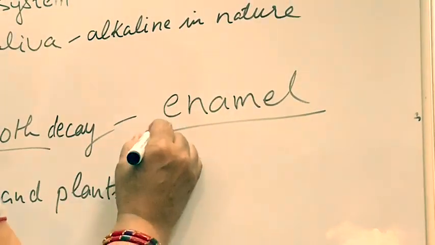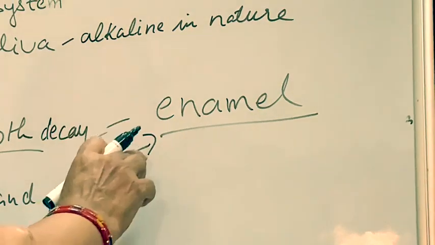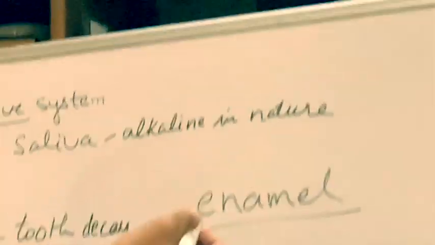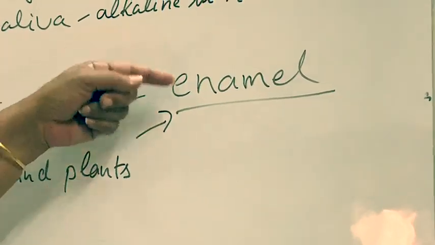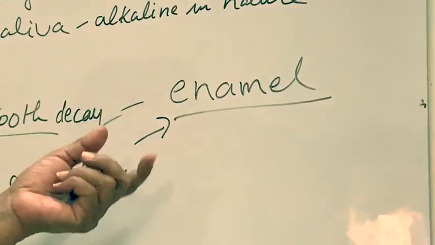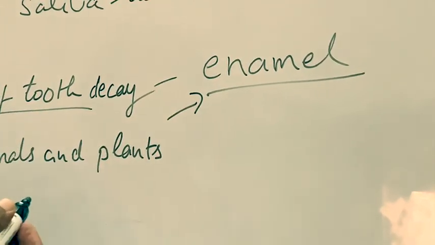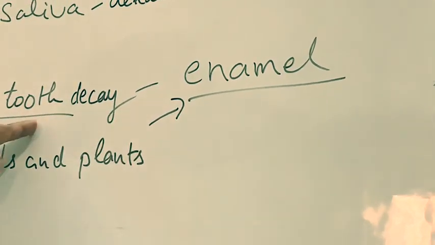This acid will attack the enamel and break it. And finally, when it becomes weakened, the enamel breaks, and then we feel the pain because the next part of the teeth is very soft. The food goes down and we can feel any hot or cold substances over there. So if the pH of the mouth changes, it also affects tooth decay.